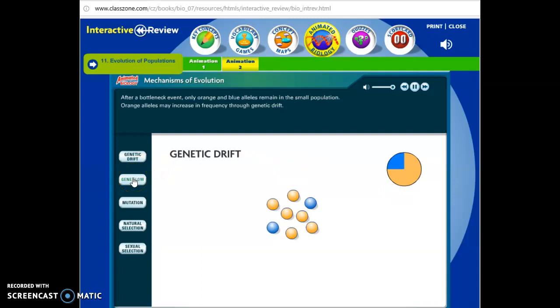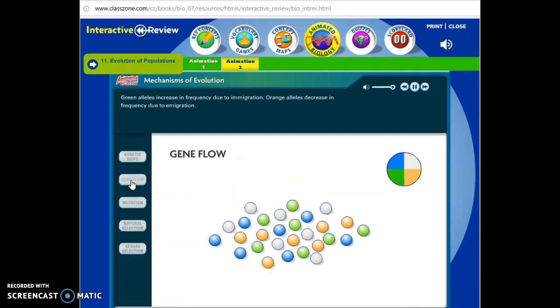The next event, gene flow. Remember, it's going to reset this population back to 1/4, 1/4, 1/4, and 1/4, and it's going to go back to our total of 28 marbles and then show what gene flow does. So gene flow,